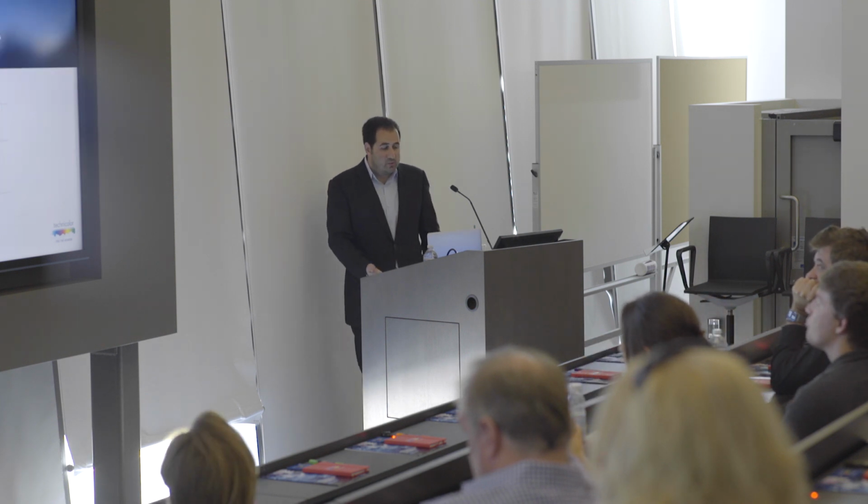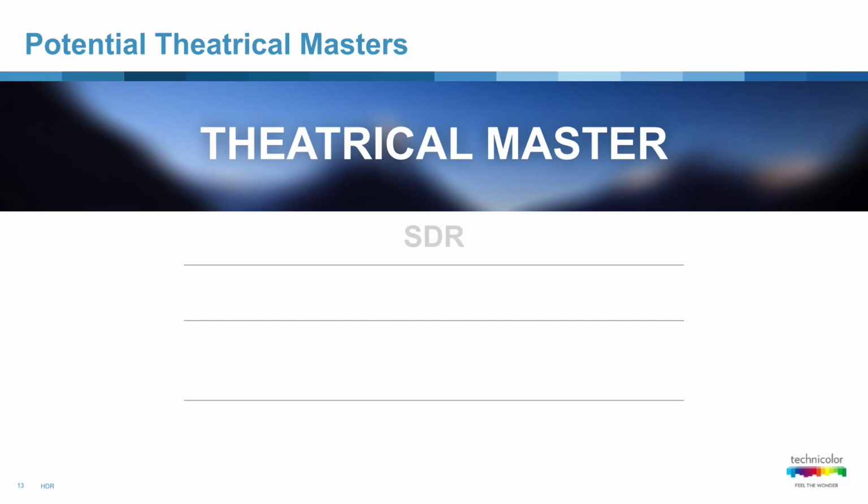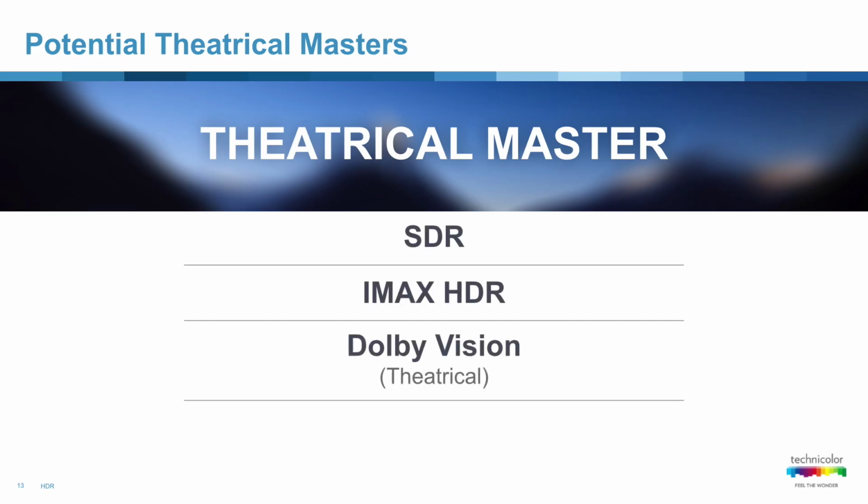So the potential exists right now, and as we see it, until we get to Barco releasing a screen or until we get to an open standard, which we will try to make happen, we kind of see the market moving towards 4 potential different masters for theatrical. So instead of the one that we had before, or I guess 2, because IMAX used to do their own proprietary trim on top of it, we now have potential for 4 until the market coalesces together.